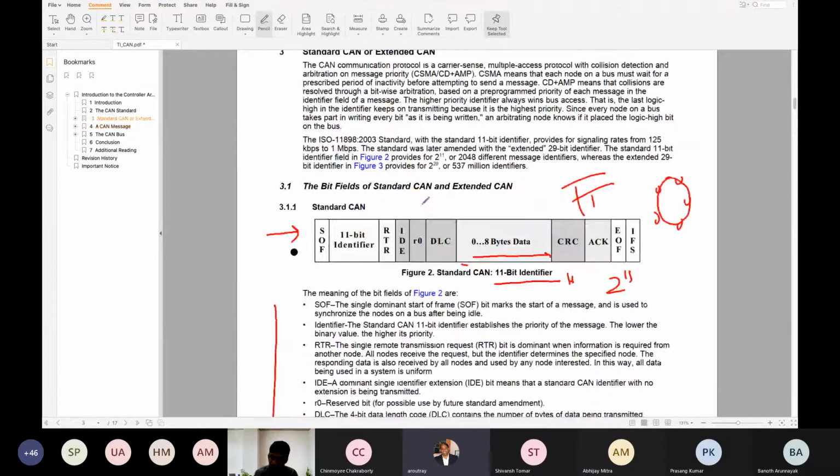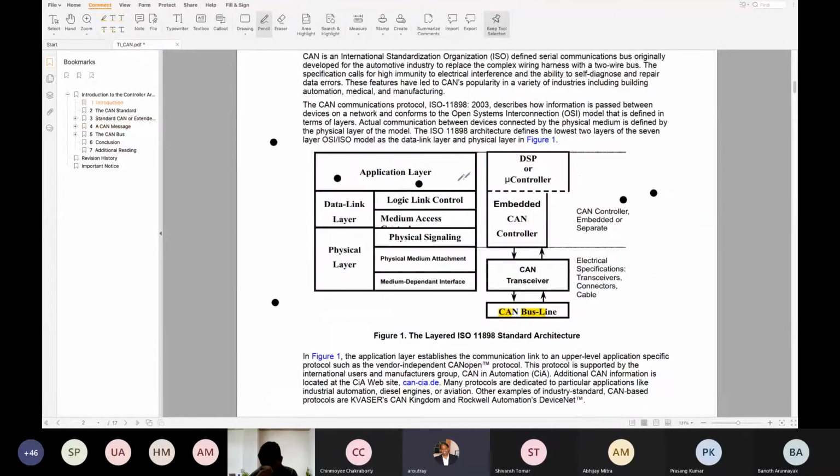Okay, so now let's recapitulate. This is the physical layer of the serial communication, and there is the application layer where you are writing your application. For example, you are connecting a sensor. Let's consider wireless tire pressure sensors.